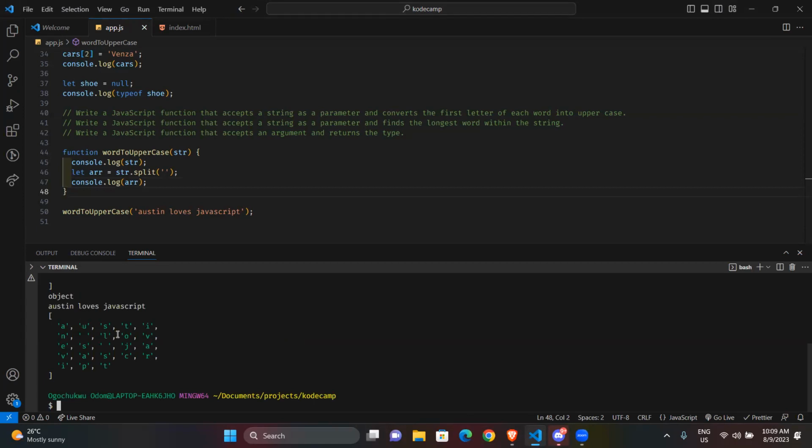Okay, so this is what happened. First, I get all the characters. Well, is that what I want? That's not what I want. This one splits by character, but I want to split each word, so I have to give an extra space here.